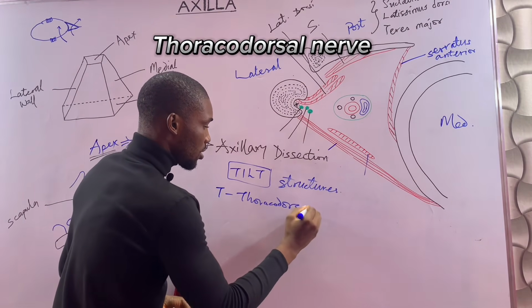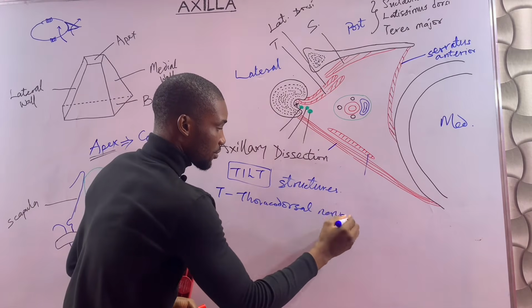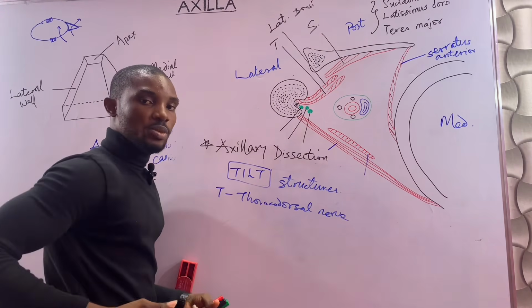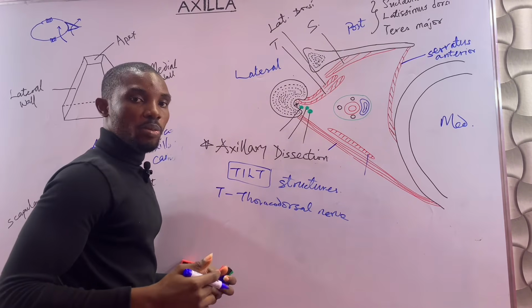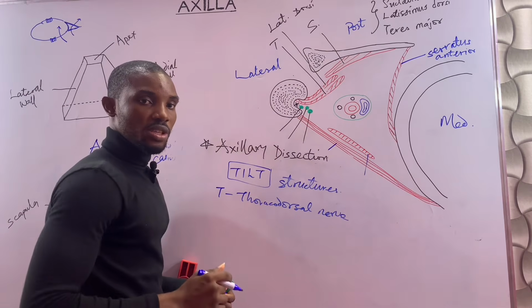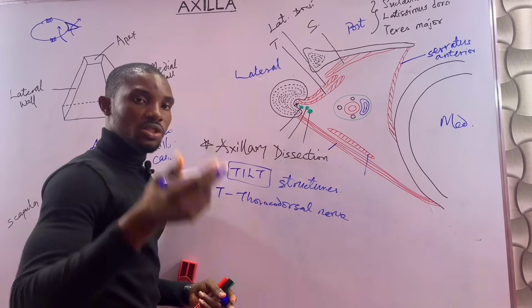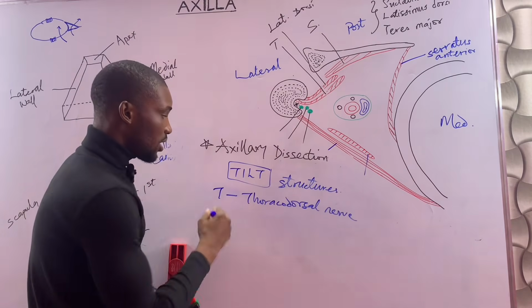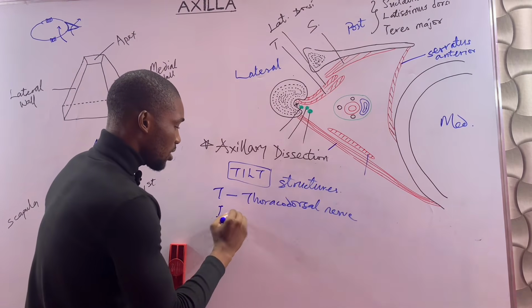thoracodorsal nerve. When there's damage, you expect that the latissimus dorsi is not supplied and it's weakened, and the actions of the latissimus dorsi are affected. We'll discuss the actions of latissimus dorsi in other videos. Then for the I, we have our